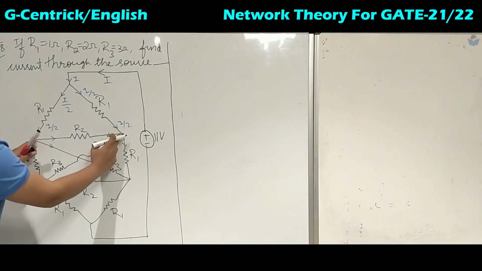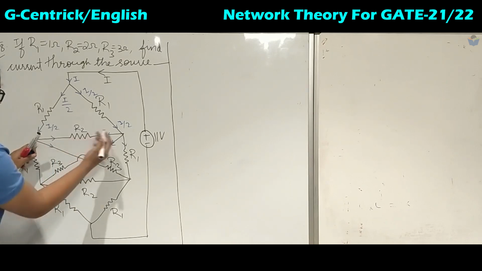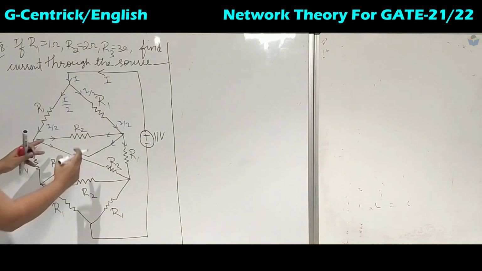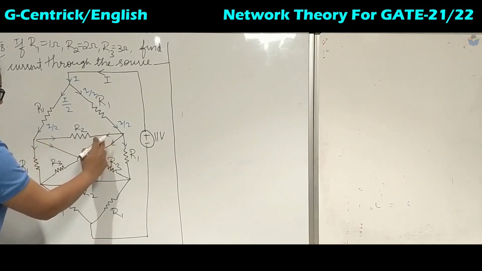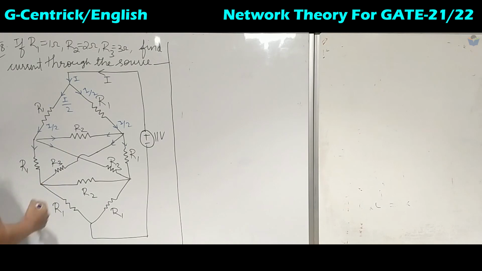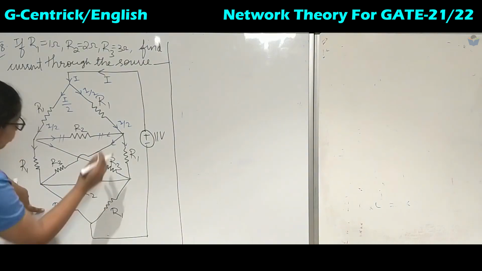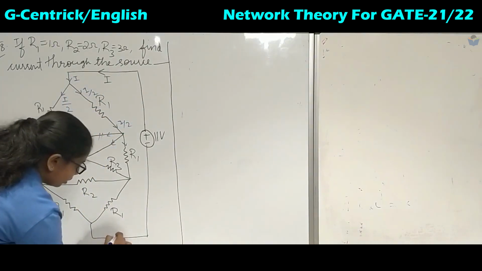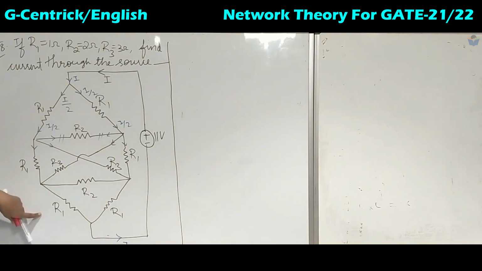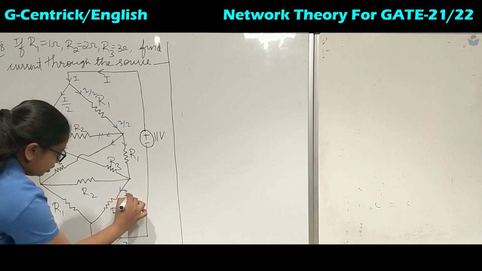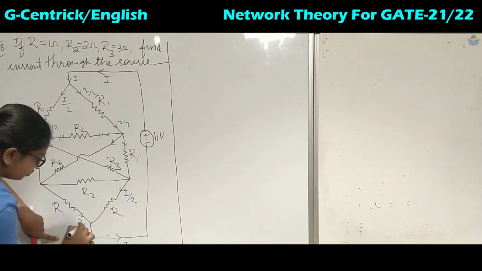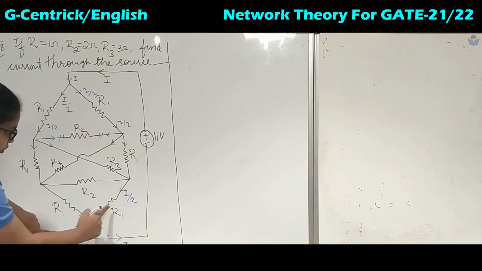Now if you observe this R2 branch, we have got current from this direction also, current from this direction also. So what will happen is the equal and opposite currents in the same branch get cancelled, it will be 0. So when it becomes 0, this branch does not have any significance. Here also, how much current has entered the circuit, that much current must leave the circuit. So if I has to leave the circuit, then here it must be I by 2 amount of current. See, I by 2, I by 2.